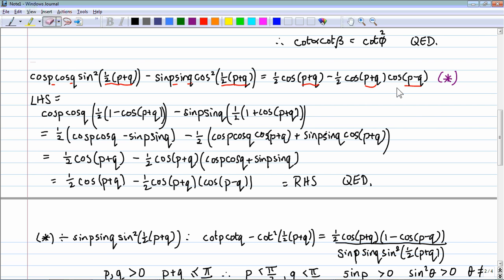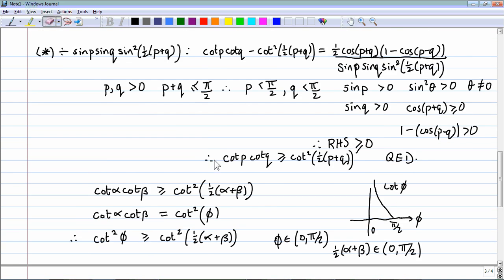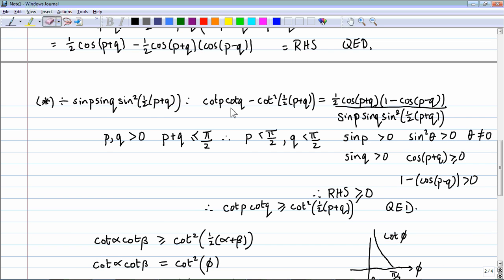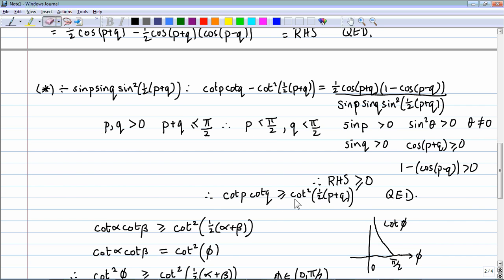A typical STEP question on an A4 sheet of paper, you usually would be able to do it on 2 sides of A4, maybe 3 sides in other cases, but if you're doing pages of algebra, something's wrong. So don't be afraid to switch over. At the end of the day, if you know this identity is true, you should be able to pull it out somehow, right? So, as I said before, just look at the arguments. When you've got that and you've figured it out, the rest of the question is by STEP standards very, very simple. This inequality that we've deduced here